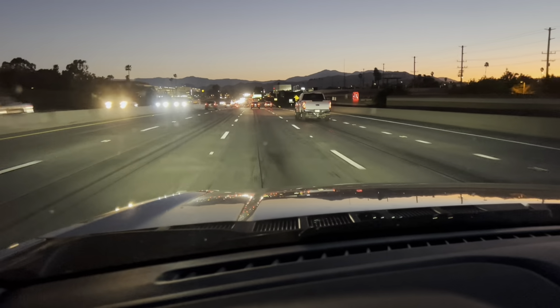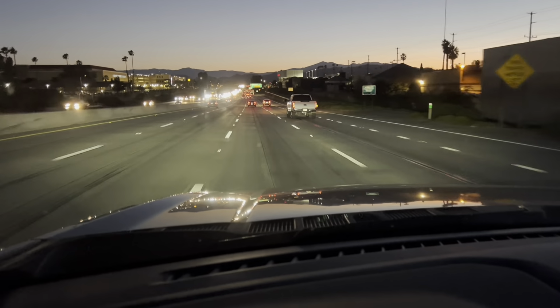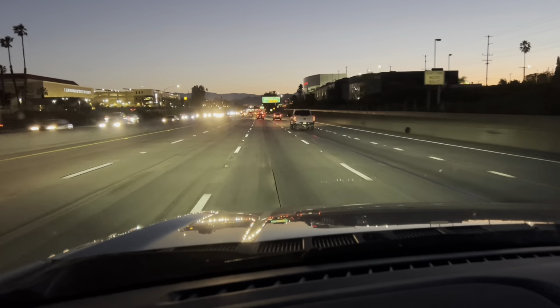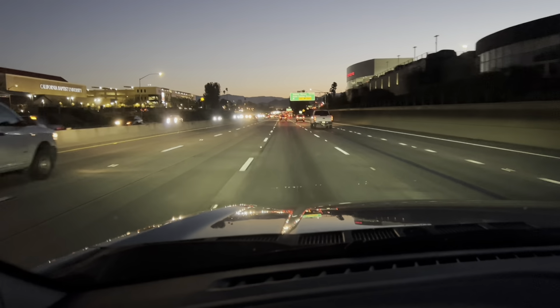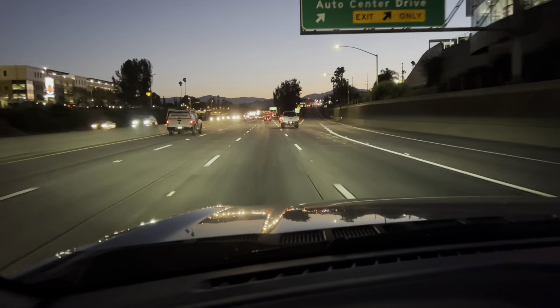That should be plenty to get me back. I don't need to fully charge for something like this, so that's no big deal. I normally would have had to get gas anyways in my old truck, which I'll talk about for a second. I've had a lot of F150s, and then